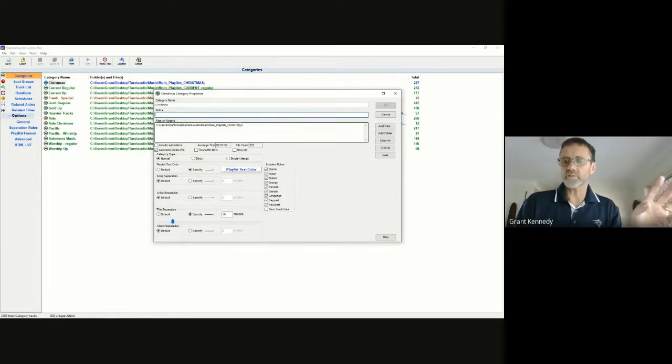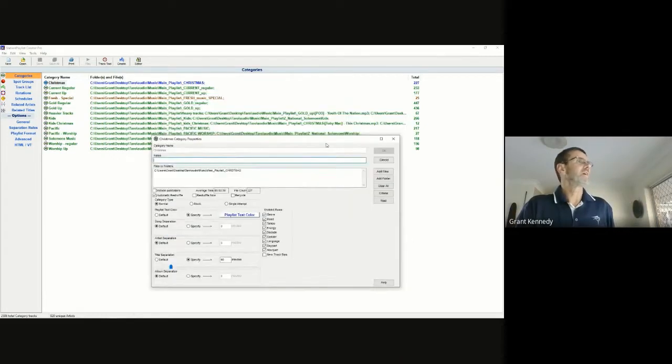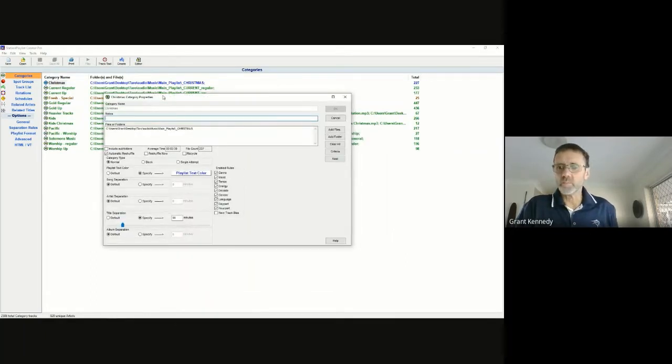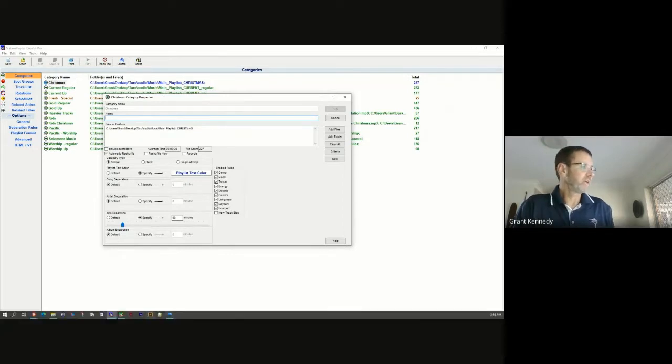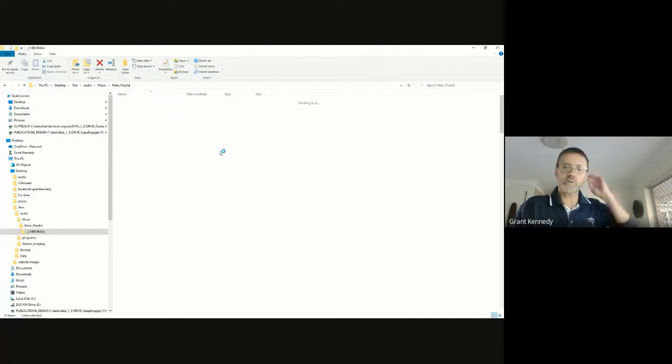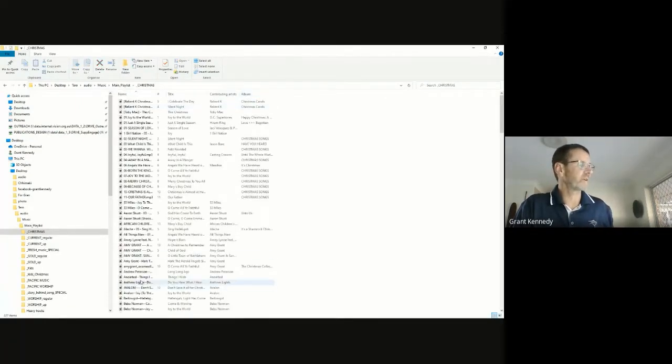And the reason I have done that is one, for tidiness, just makes sense. But two, and this is the way that Station Playlist works, currently there are 227 songs in our Christmas playlist. If I want to add more songs to my Christmas playlist, I simply need to drop them into this folder. Here's all 227 songs in our Christmas playlist.